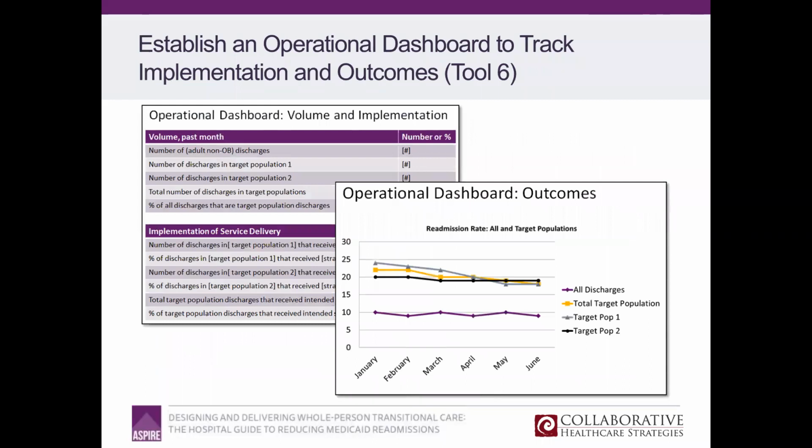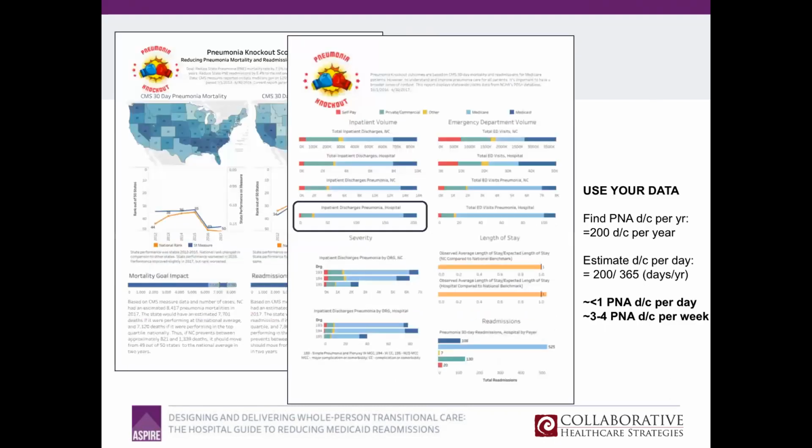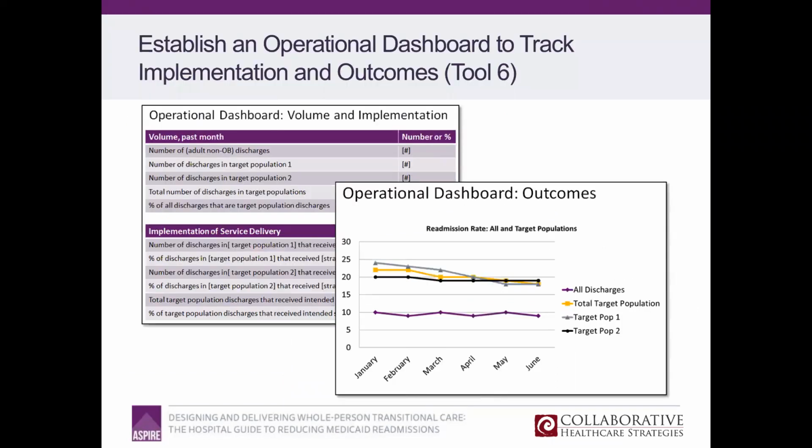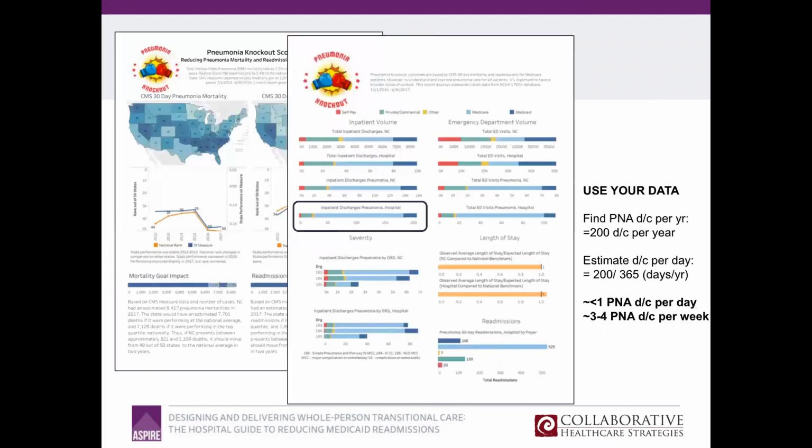this is just a reminder that we have Tool 6 in the ASPIRE guide, which is a simple PowerPoint that you can modify for yourself if you like. The operational dashboard for both implementations as well as month-to-month outcomes is in Tool 6. And I'll go through some examples here in the closing minutes of the webinar. So moving on to slide 27,